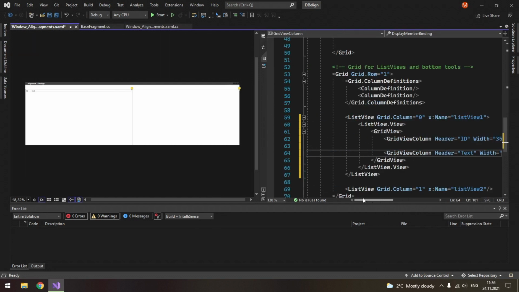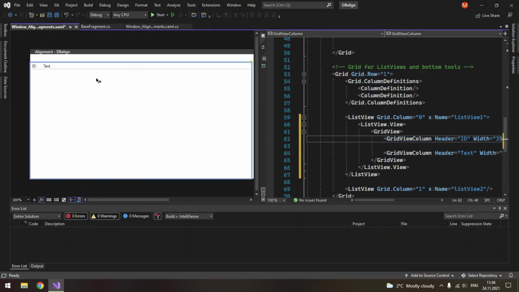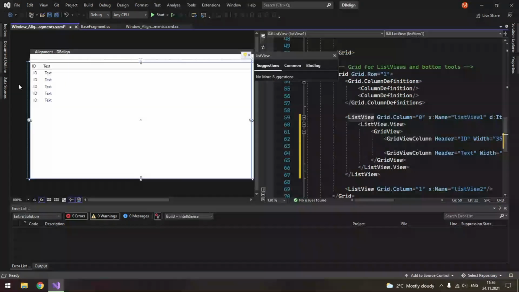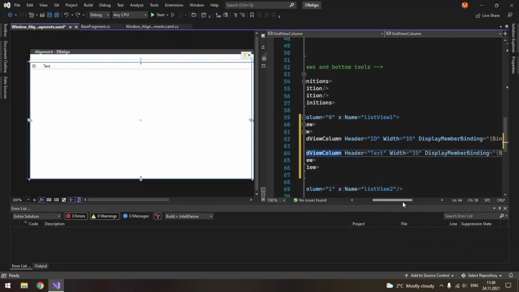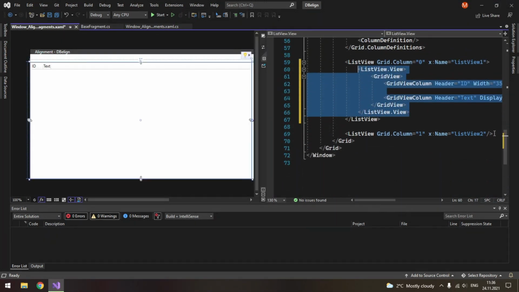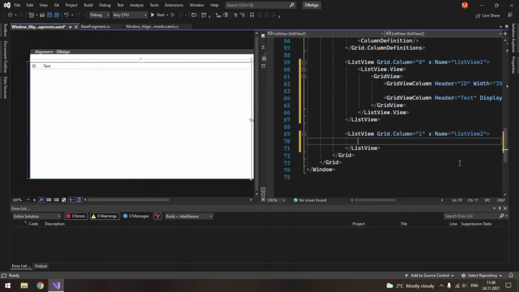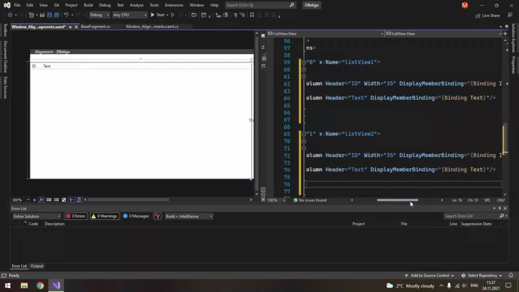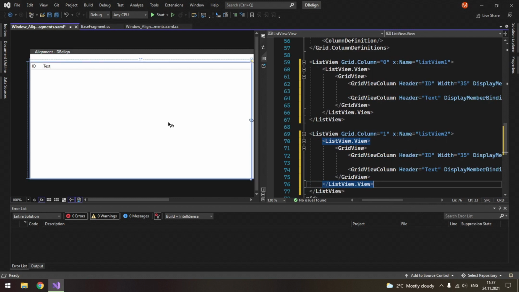And that's it. That's the only thing that you need to do in your UI. And if you choose to show sample data now, you will see that now it has two different columns. I believe we do not need to set a specific width here, because it should extend as far as possible. And we simply need to copy this list view into our second list view here. And we do not need to change anything, because target fragments will have their IDs and texts as well.